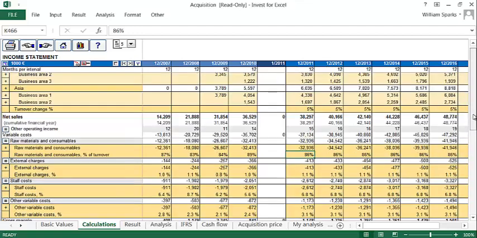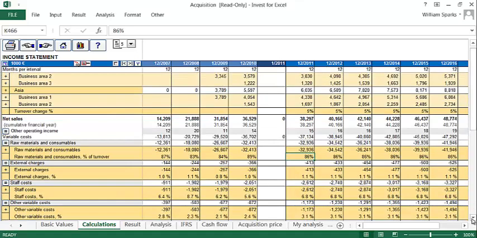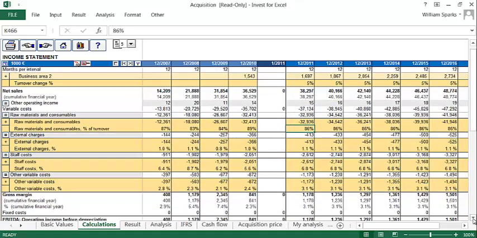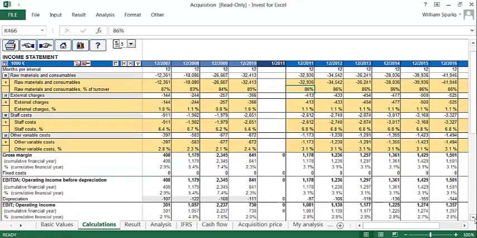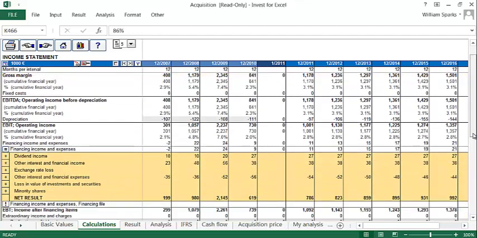But of course, this is just one way to do it. It's a simplified way. Of course, you might need to be more accurate. But this is one way to do it. And so that concludes the sales and the costs forecast, and then we come down to